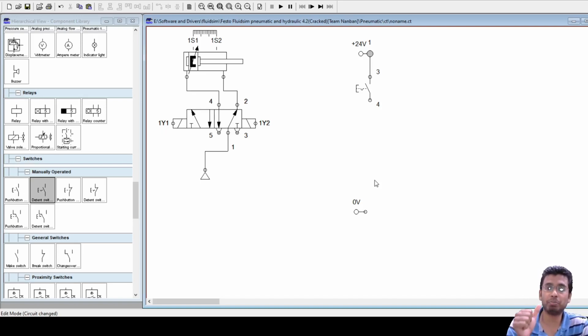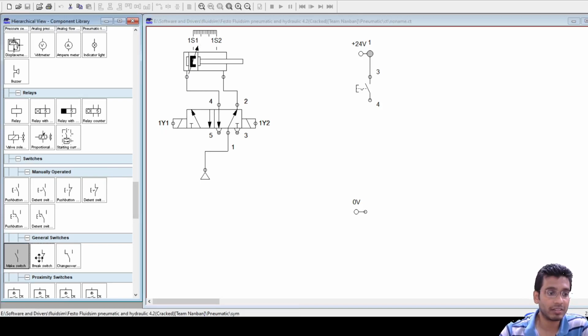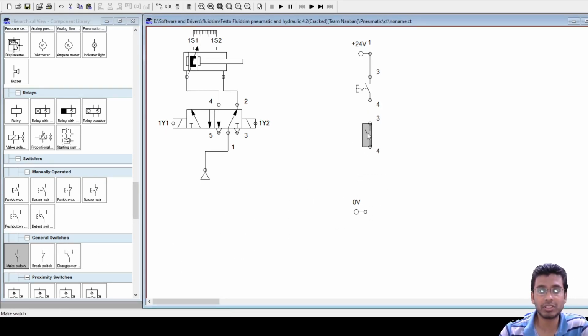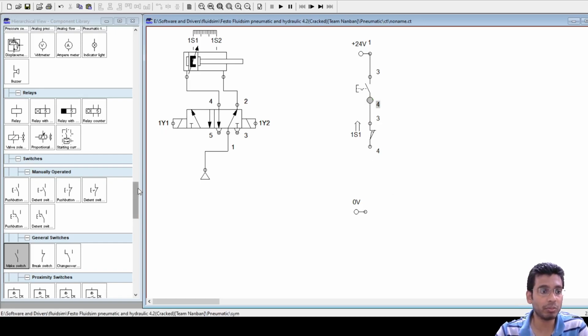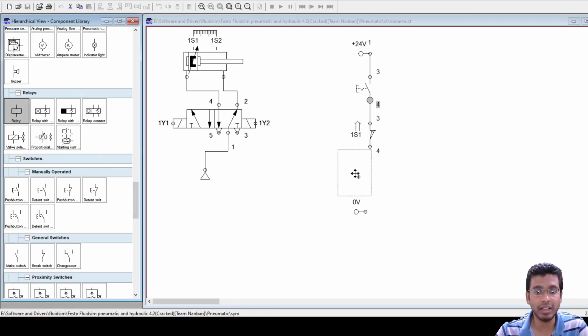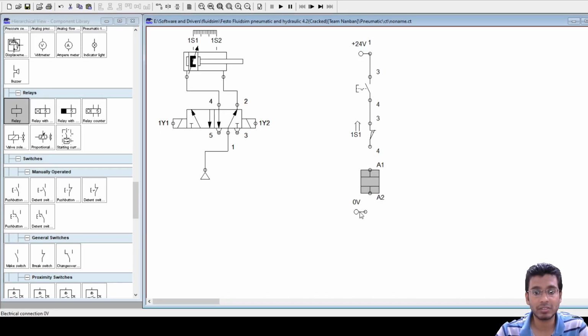Whenever I press this switch and my limit switch 1S1 are both actuated, then this would lead to my relay getting actuated, this relay K1.